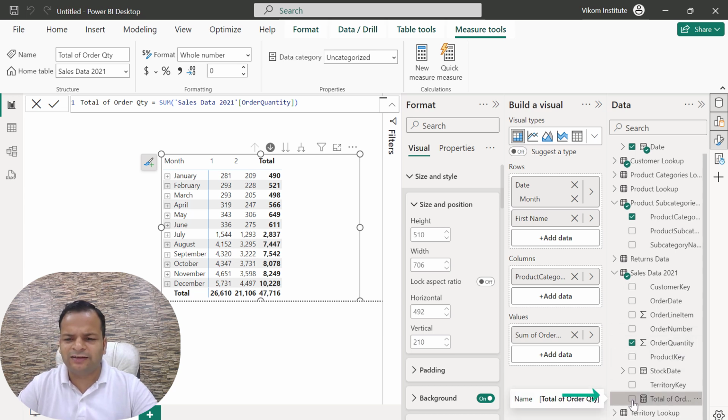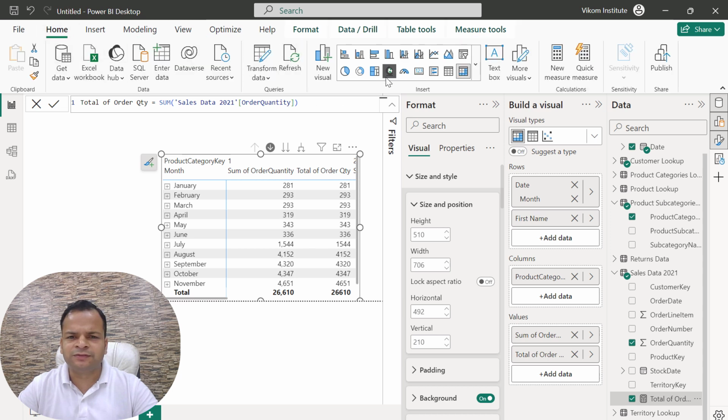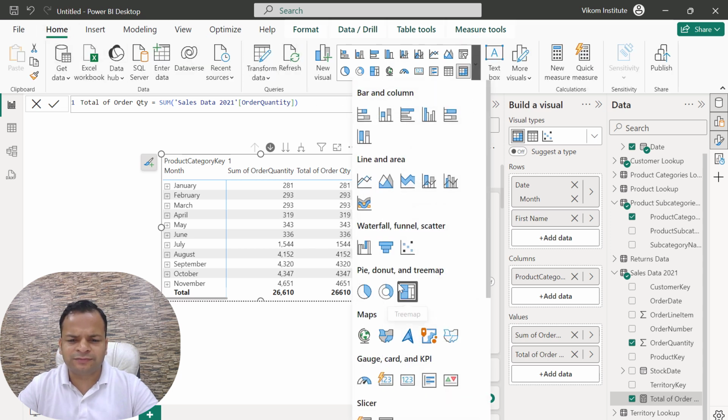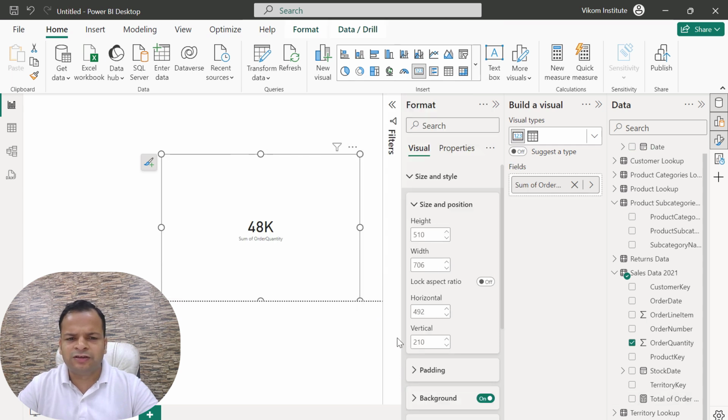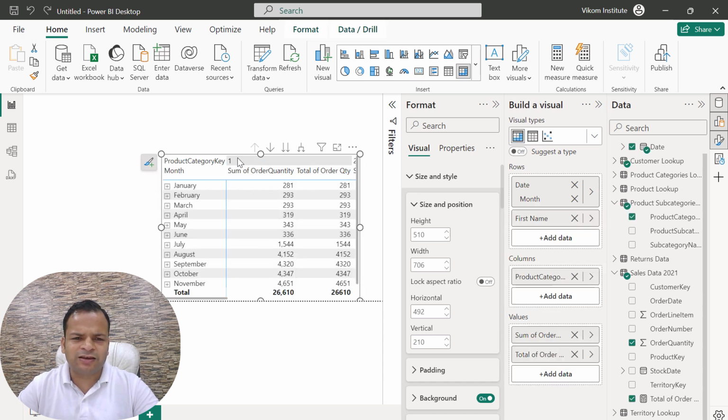If you add this measure, you will see my measure generally shows one value. If I simply add one card here, I'm adding a single card, and you will see my measure is showing me one value. So I'm pressing Ctrl Z from my keyboard to go back, and this time my matrix is coming once again. But if I'm adding this measure here, total of order quantity, it is automatically segregating my measures into various months. Even for the various customers, it is going to work on that.